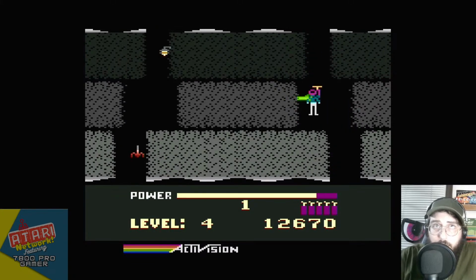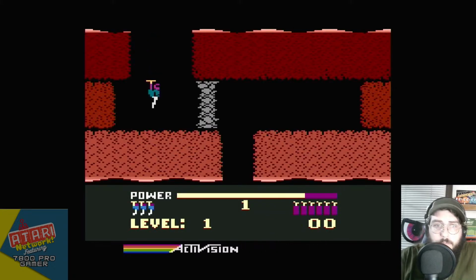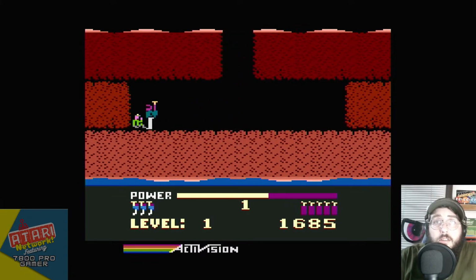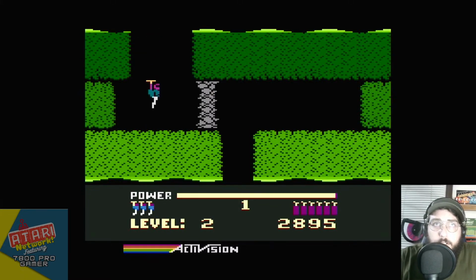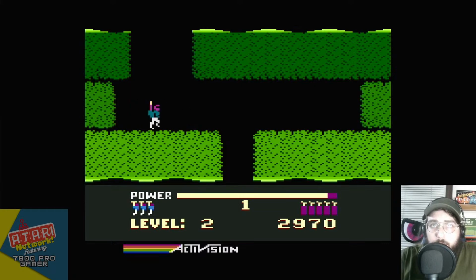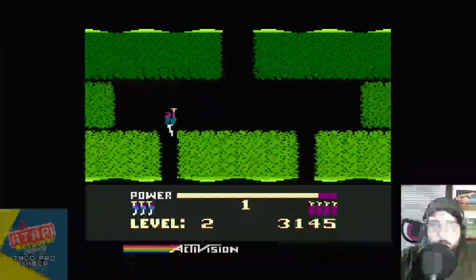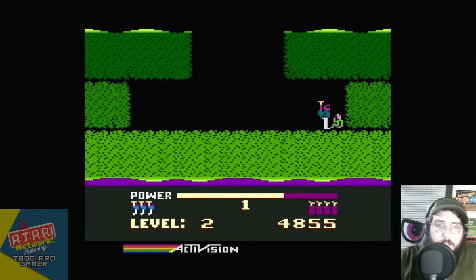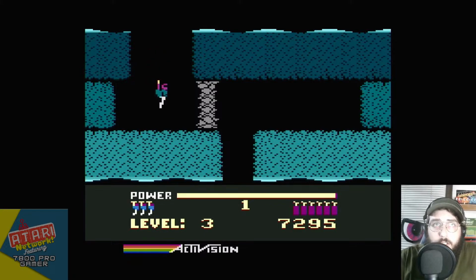But this plays pretty good. I'm sucking pretty bad, but it plays really good. It plays very much like the Defender I know and love. I love the 5200 version of Defender, and not that it's superior to 2600 in many ways, outside of the obvious graphical fidelity. But I don't know. For some reason, when I think Defender, when I think Hero, I always think 5200, and I think this version's